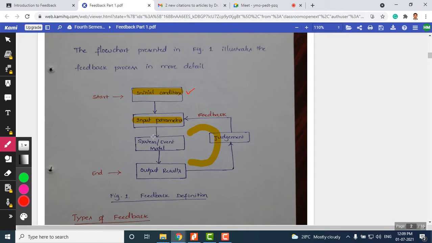Then you can model the system, you can develop or implement the system. In case of a common source amplifier circuit, you can rig up the circuit and observe the output here, and now you can see there is a feedback. Okay. After seeing the result, if you are observing any kind of noise or any kind of variation in the output here, then you can decide whether you can make any changes in the input parameters or not, and then you can correspondingly update the parameters and see whether the results change or improve by varying the parameters at this stage. This is just like a cycle here.